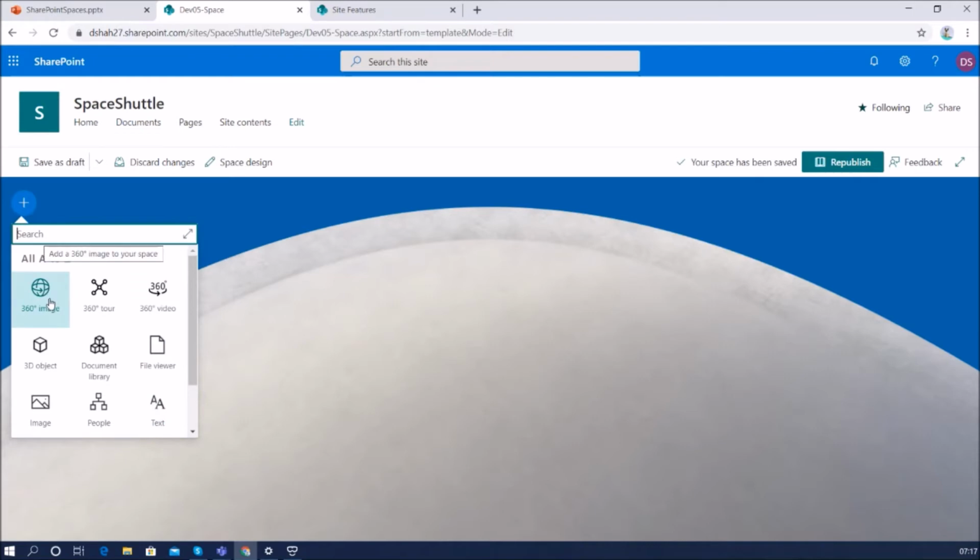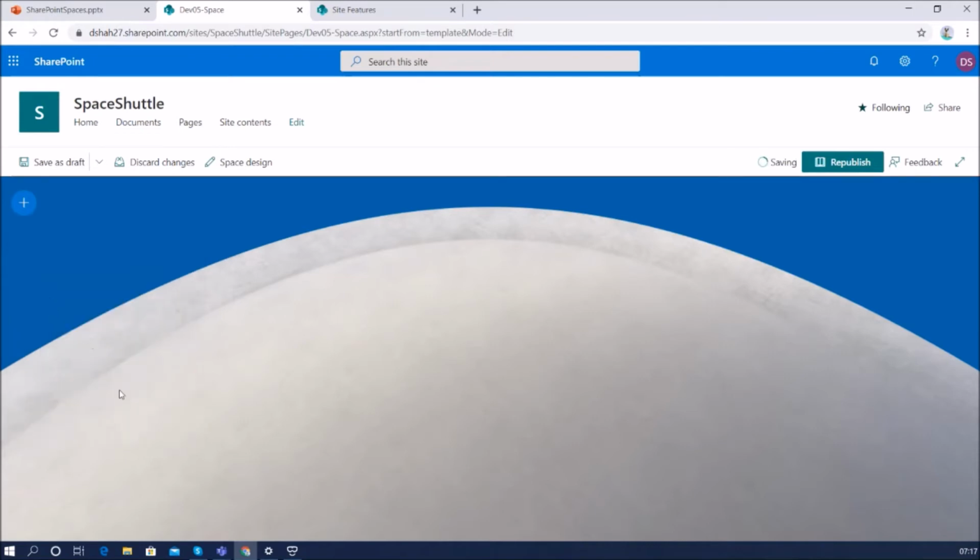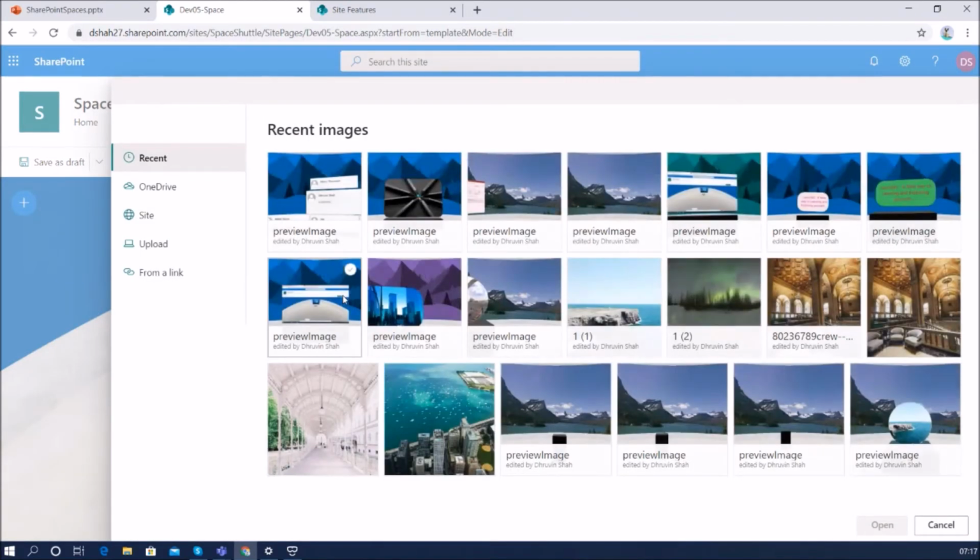The first web part is the 360-degree image web part. Once we hover over our SharePoint space, it will show this icon. Place it anywhere on your space page. Let's say I add it over here. It will open this file picker to upload a 360-degree image, right?